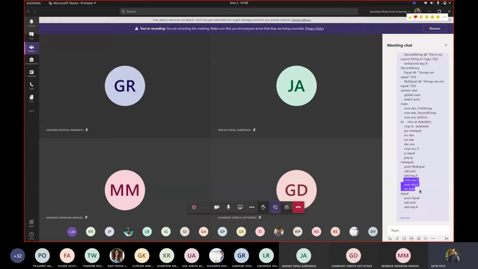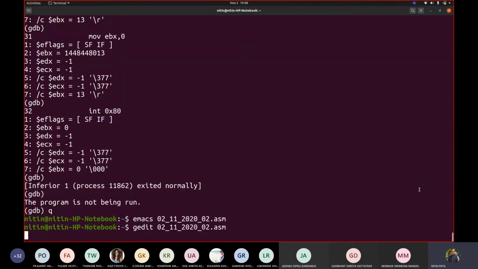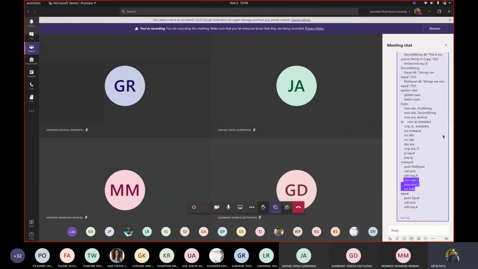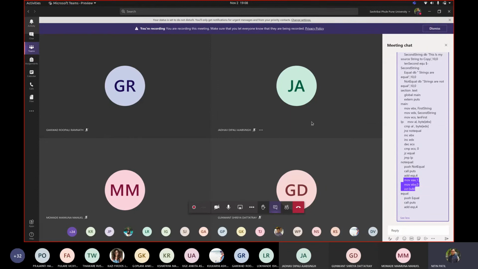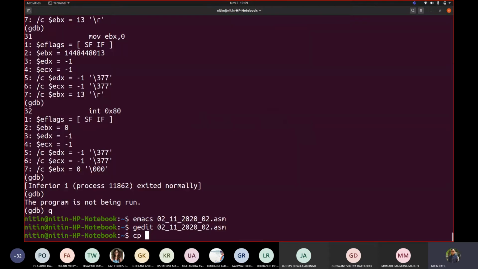Okay, I'm introducing you now to two more instructions, called load string and store string. Fine. Now we want what? I want to print in reverse, but I want to make use of string instructions. How can I do that? Fine. So let us go back. We will terminate that code. I assume there is no question. I have already given you the code. I will add that on the Moodle course site as well. Okay. So let us copy this code.